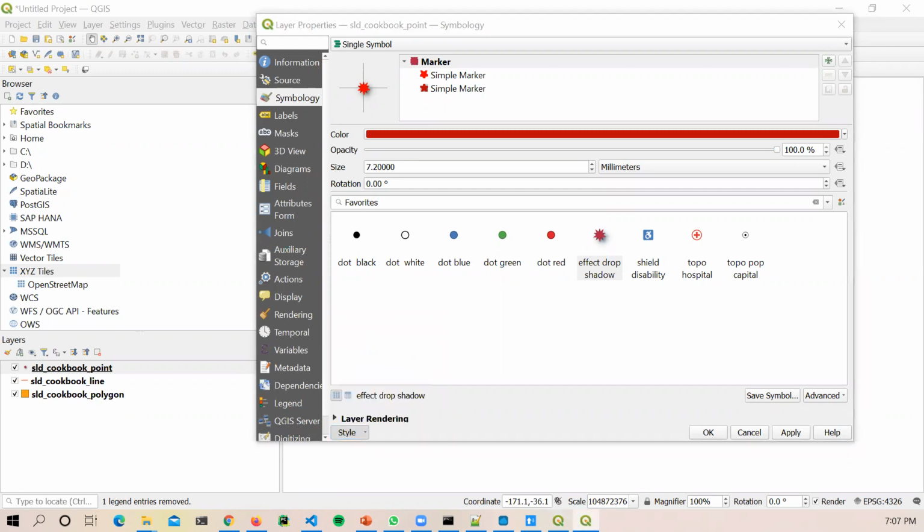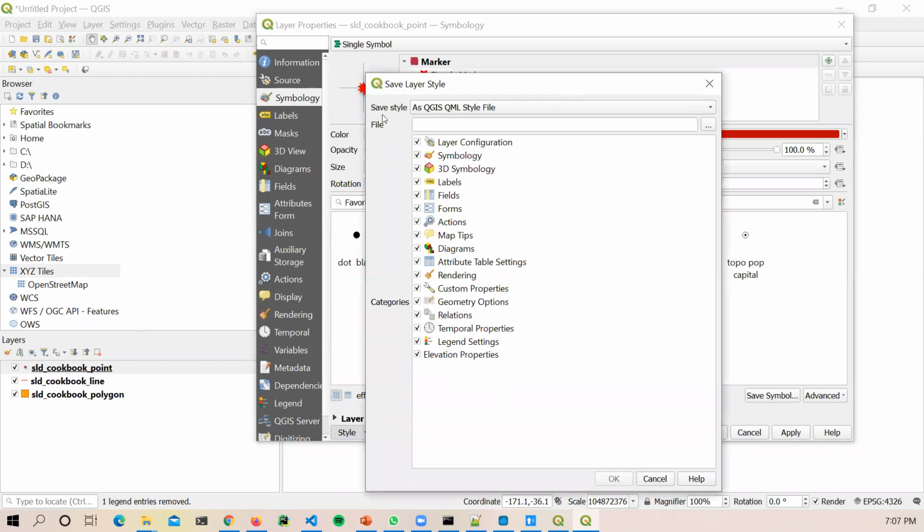Then when you click on save style, it displays a window that looks like this. So what you want to do is save the style as, under save style, we have this drop down. I want you to save it as SLD. I will explain what SLD is. So do not use the QGIS QML style, use SLD, okay? So when you click on SLD,